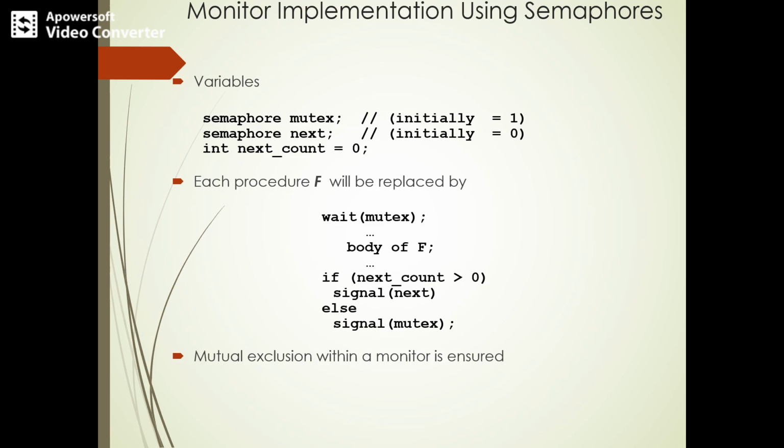So the next process can come into the monitor section and start executing. Till then it is not allowed to execute. Only the corresponding process which is already in the monitor can perform its execution. And the next count tells the number of processes suspended. If the number of processes suspended is greater than 0, this count is very important in order to resume the next process which has been waiting until there was a process within the monitor. So this ensures that mutual exclusion within the monitor is maintained.